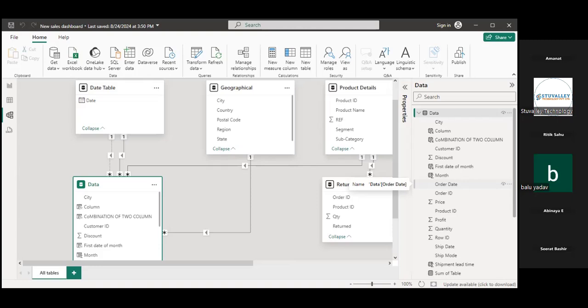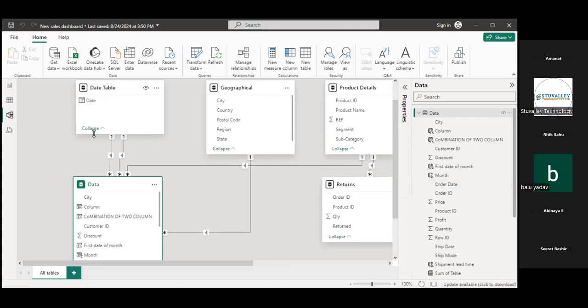So for your date, where is our date lookup table? We don't have any lookup table for date. Let's think about it. I already created one table, but right now we will all think we do not have this date table. So how are you able to create it?